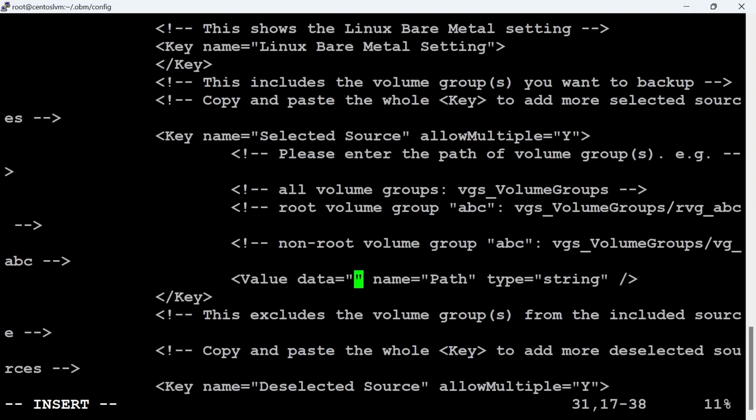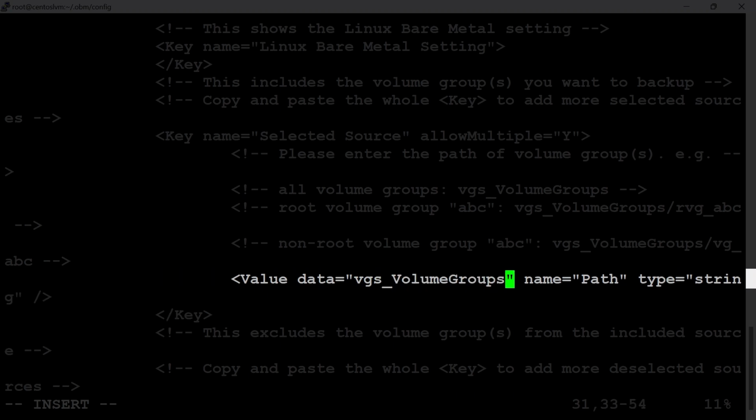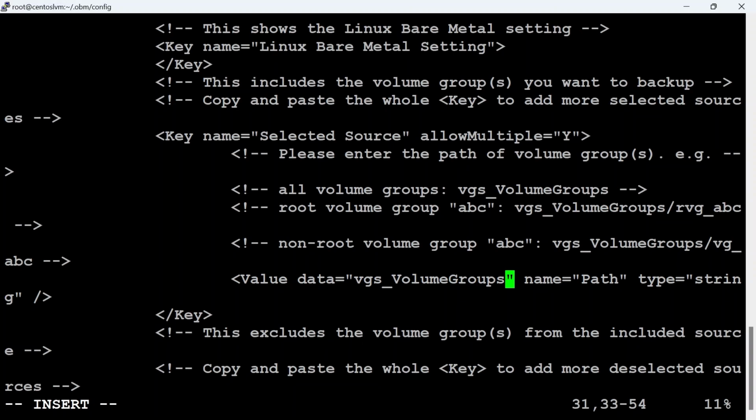Next is selected source. These are the logical volumes, physical volumes, and volume groups that you would like to back up. If you have more than one source to back up, copy the whole key script, then enter the path in the value data field. For our example, I will input VGS_volume groups in the value data field to select all volume groups on the machine, ensuring complete backup of the entire system,